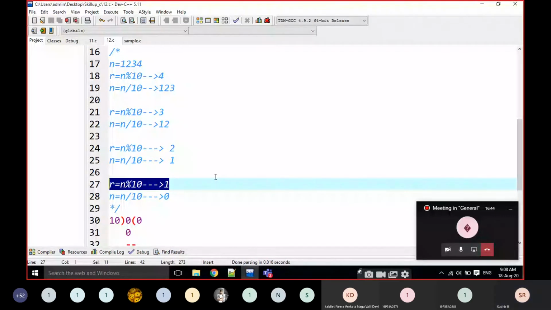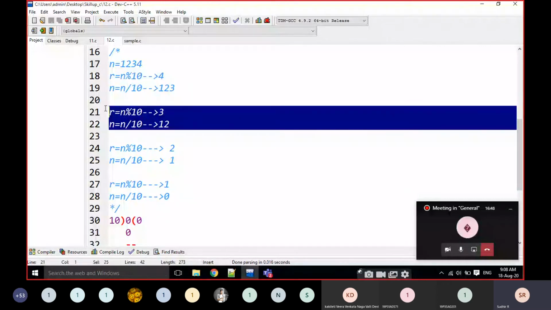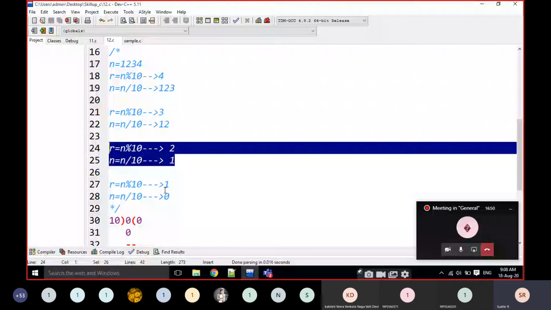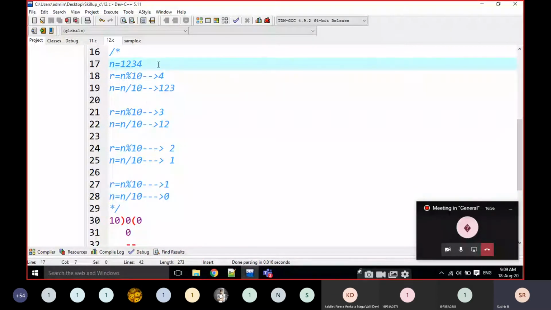But I am writing the same two lines every time, 1, 2, 3, 4 times. Why am I writing 4 times here? If the number has 5 digits, it is 5 times. If it has 3 digits, it is 3 times. Based on the number of digits it changes.